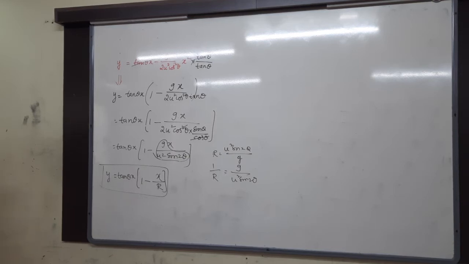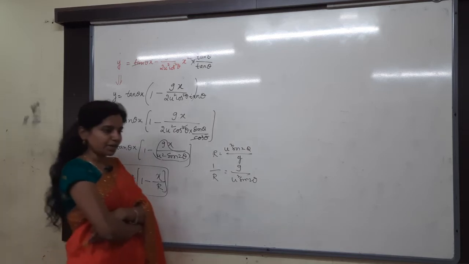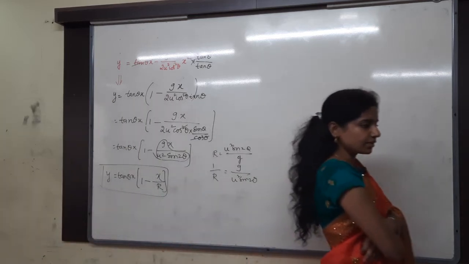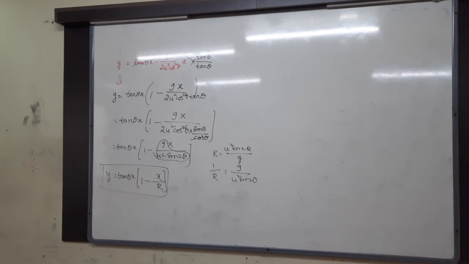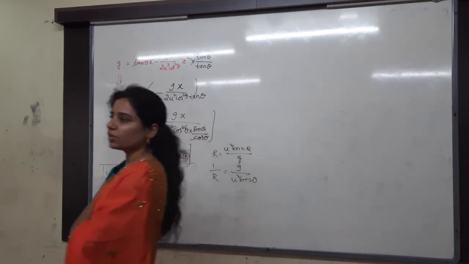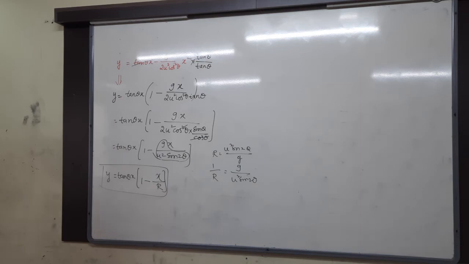Finished, na? Right. What is the total energy at the maximum height? You have to take kinetic energy and potential energy. What is the potential energy formula? mgh. Potential energy is mgh. Kinetic energy is half mv square. At maximum height you have to find out, by the way. Total energy at maximum height.